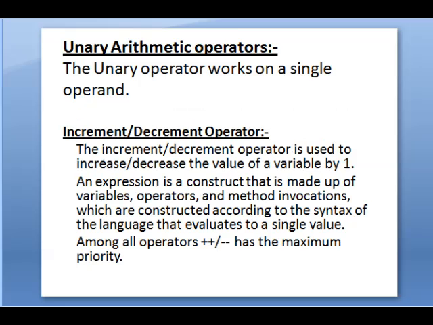First of all, we are going to see what unary arithmetic operators are. The unary arithmetic operators work on a single operand. So here we are going to see how we use the single operand. That is the increment or decrement operator. The increment or decrement operator is used to increase or decrease the value of a variable by 1. To increase the value by 1 or to decrease the value by 1, we are using this increment or